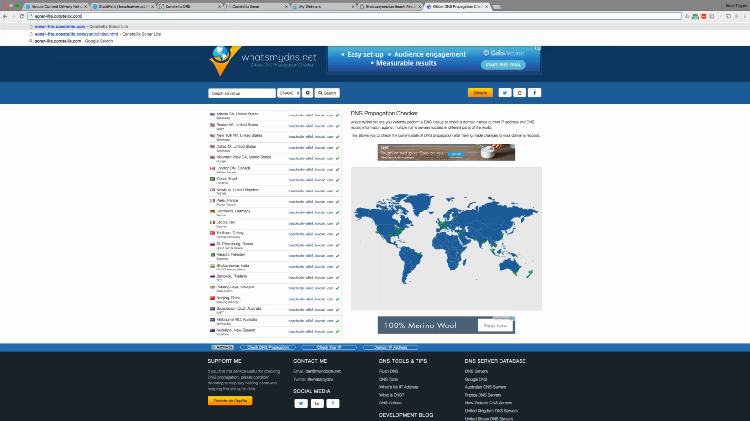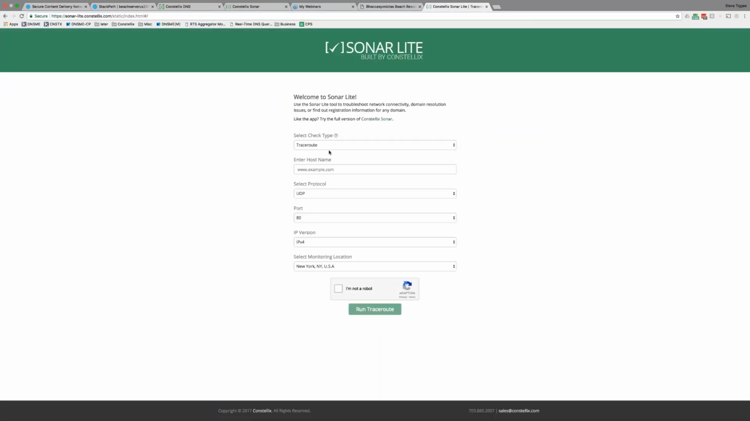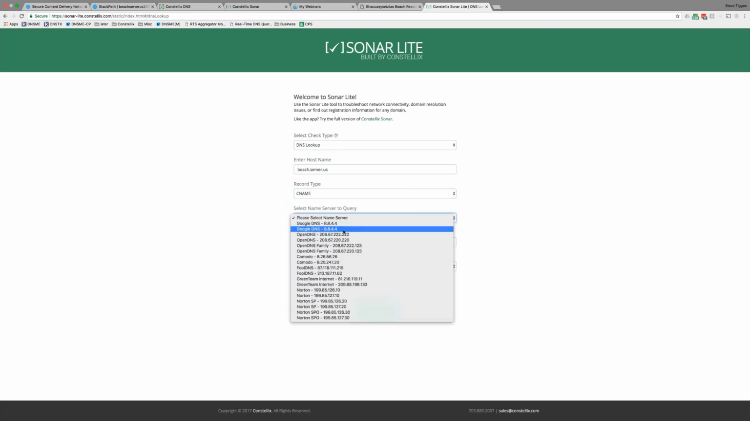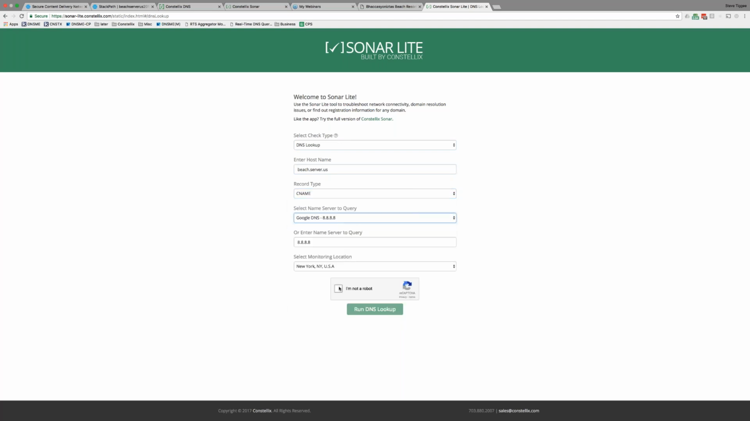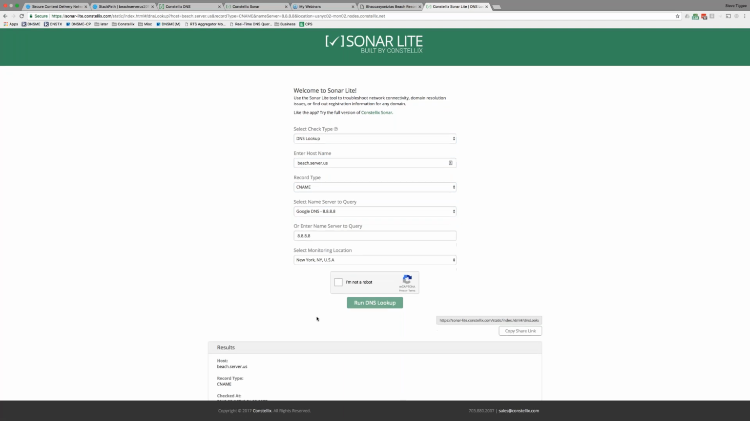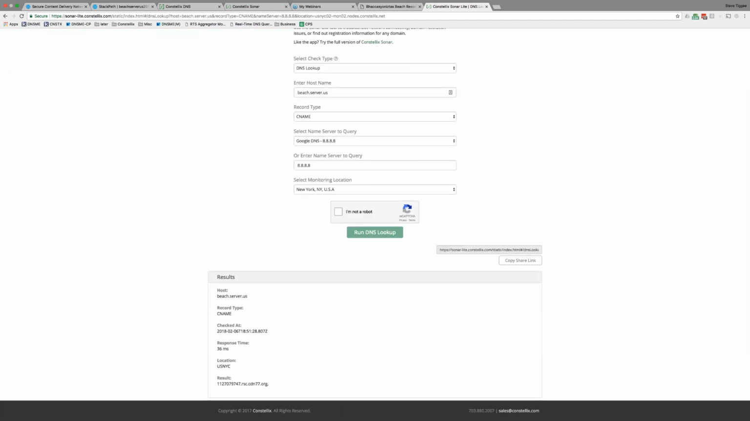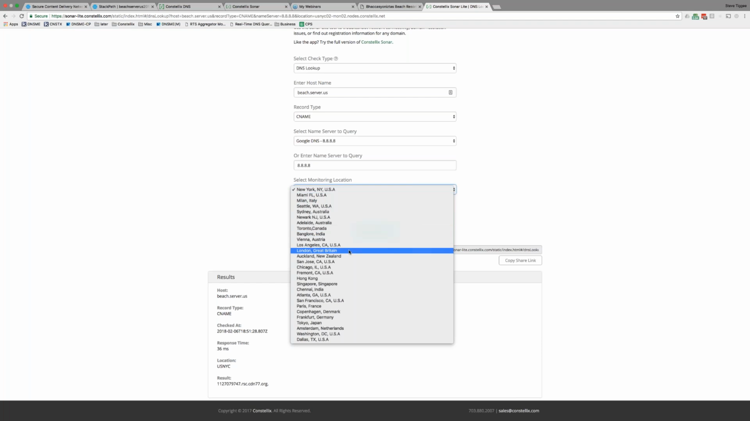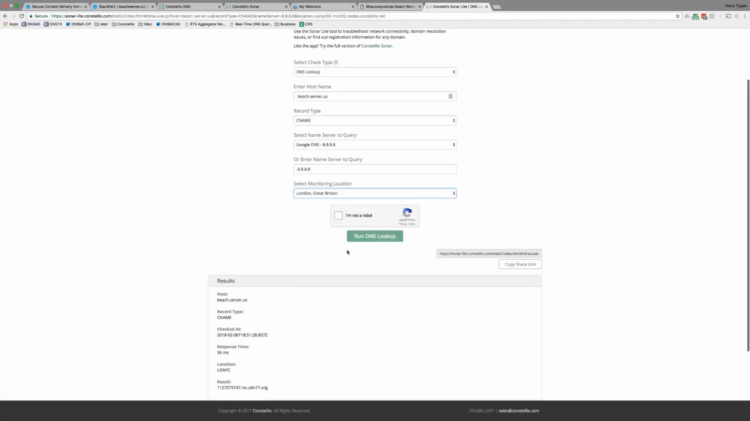Sonar Light, Constellix.com. All right, so I'm going to do a DNS lookup for beach.server.us. I'm going to ask for the CNAME, and I'm going to ask a Google name server in New York. I'm going to run it, and you see it's running CDN 77, right? And if I hit a Google name server in London,